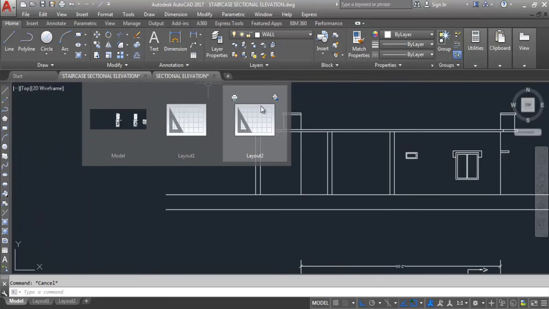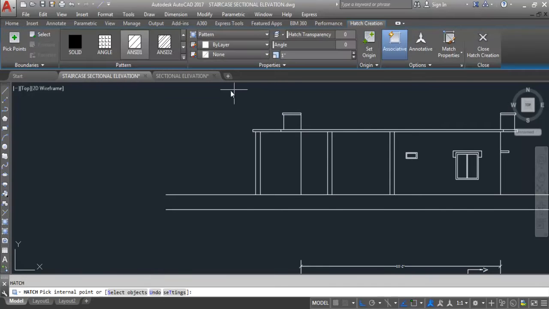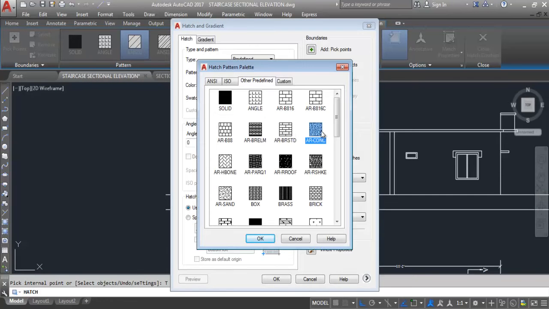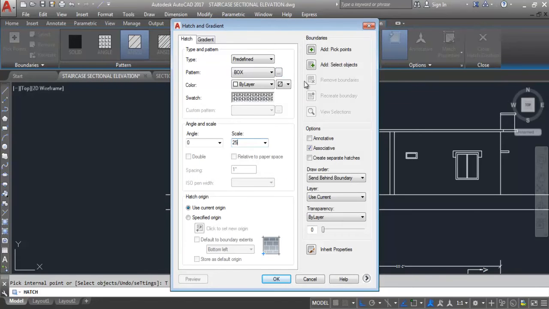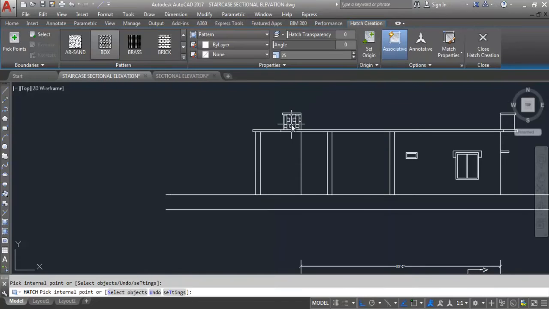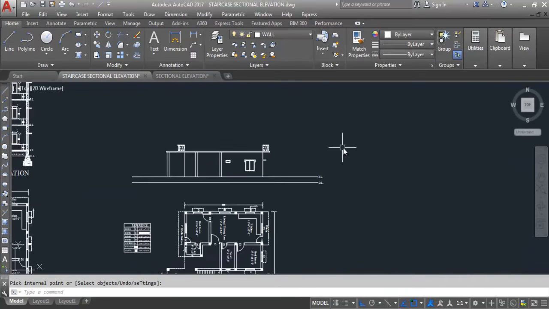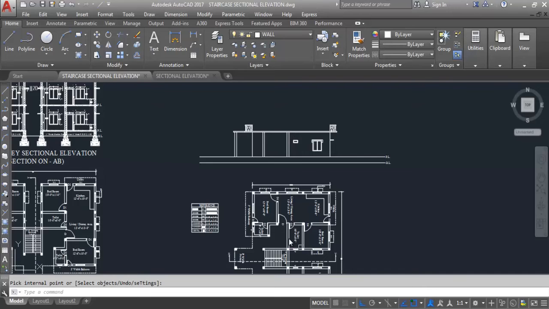Now I'll create the staircase. Now I'll hatch this parapet wall. I'll do box hatch. Make the scale 25 at pick point. Click inside. Enter. Again click inside. Enter. So this is the